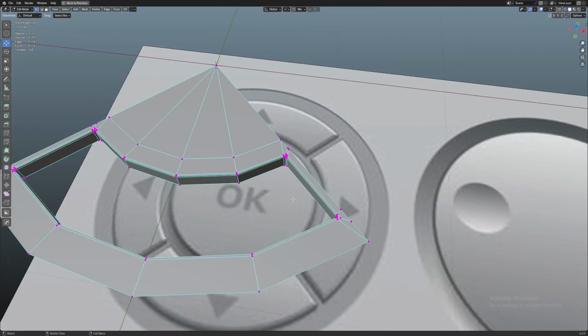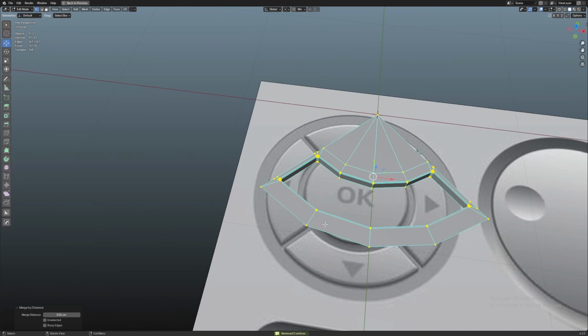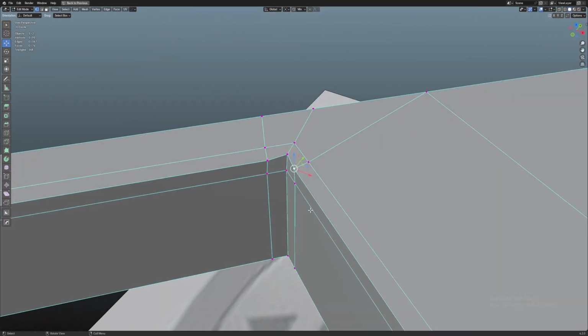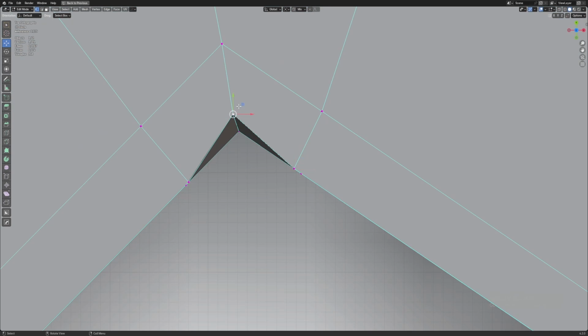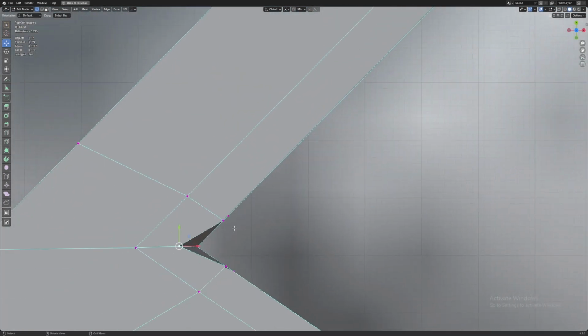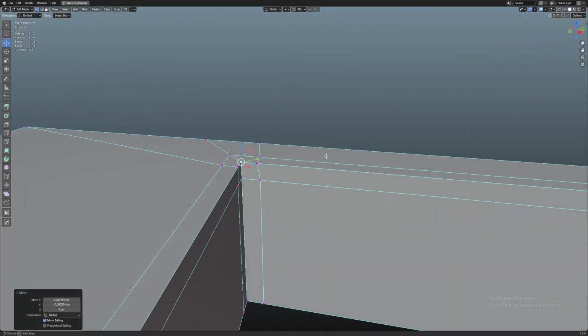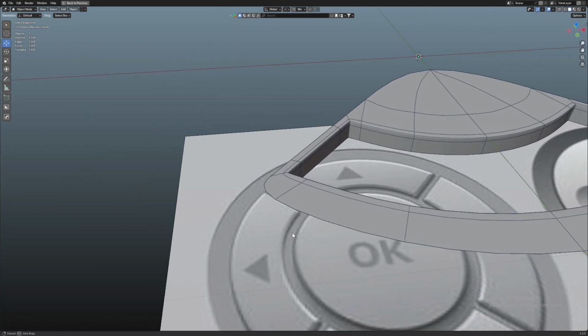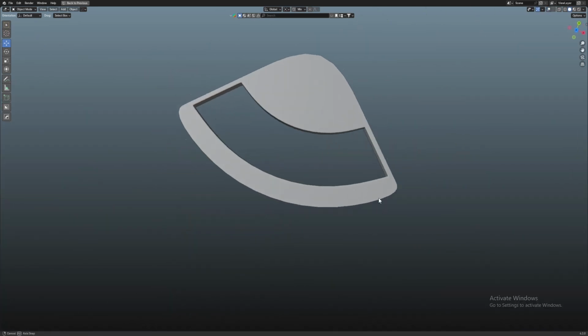And yep, let's see how it's looking over here. Yeah, this bevel also needs some work. Here also something like this should work. Yeah, so now we are actually ready for our